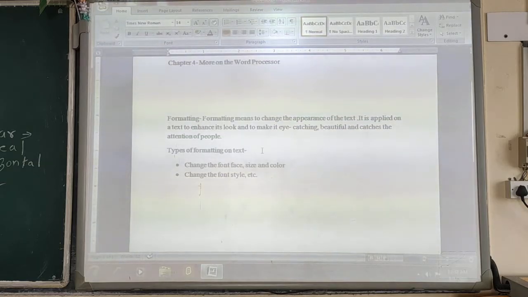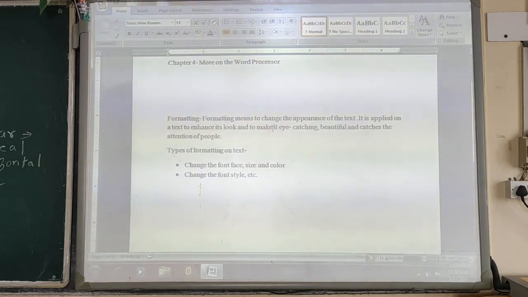What is formatting? Formatting means to change the appearance of the text. Formatting is applied on the text to enhance its look and to make it eye-catching.